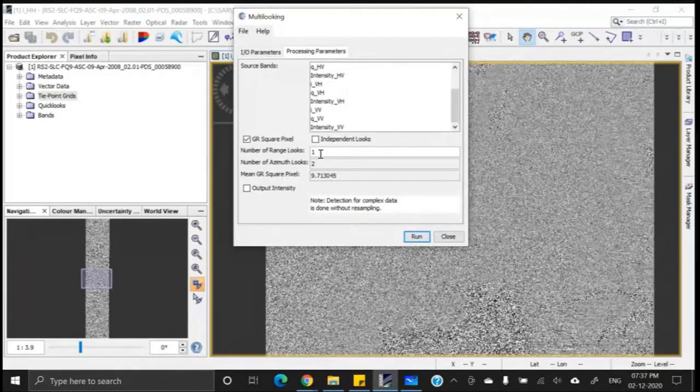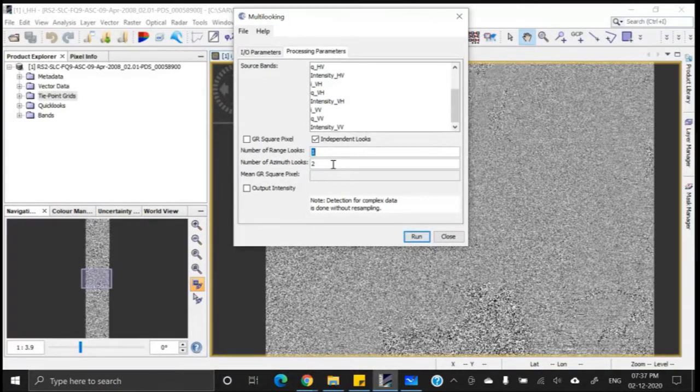If you don't want to use the default values, then uncheck this ground range square pixel, and then independent looks will be activated. And here you will have the freedom to change these values according to your preference. Okay. But this is recommended only for experts, and normally we apply values of 2 or 3 or 4.